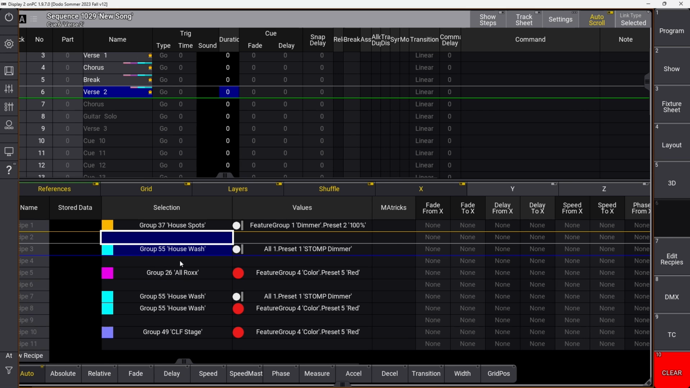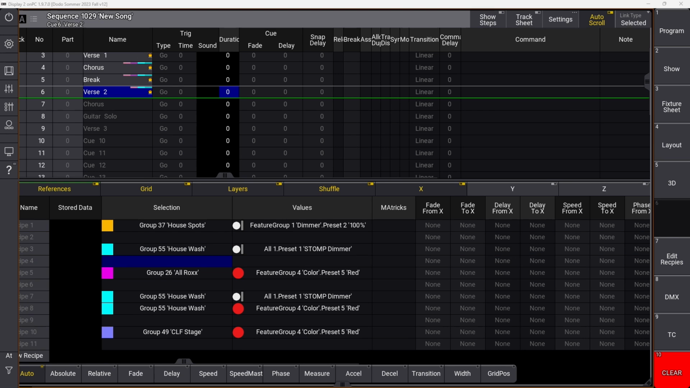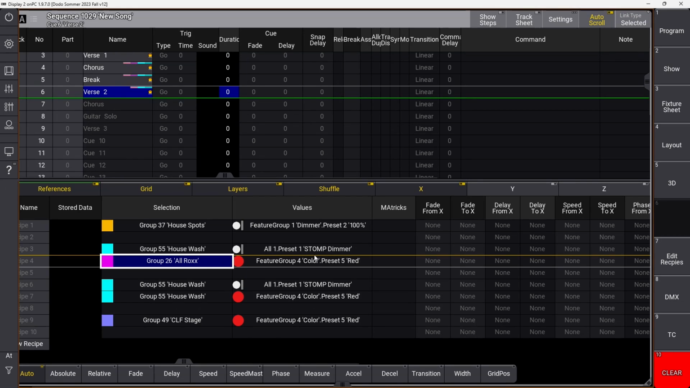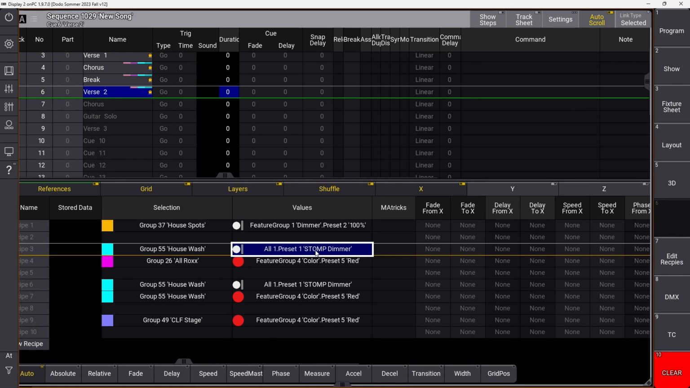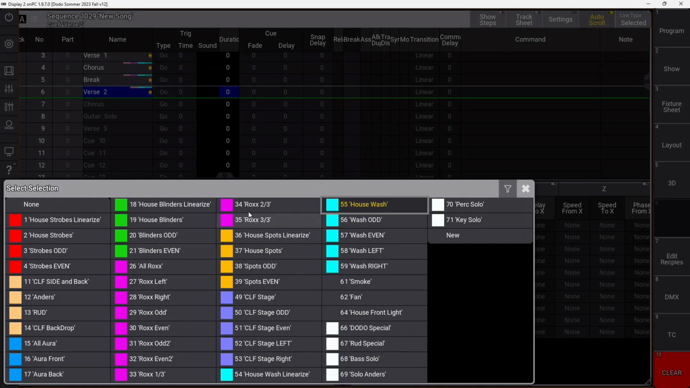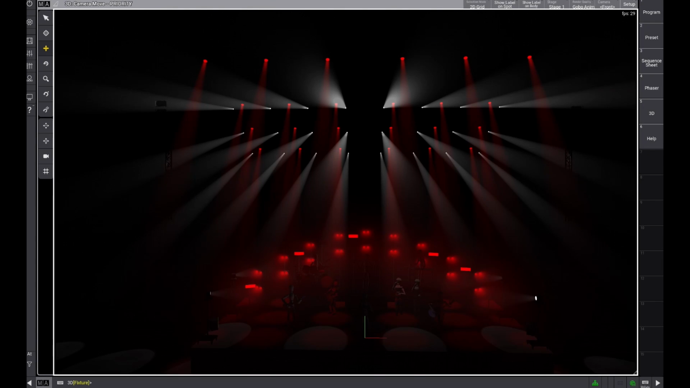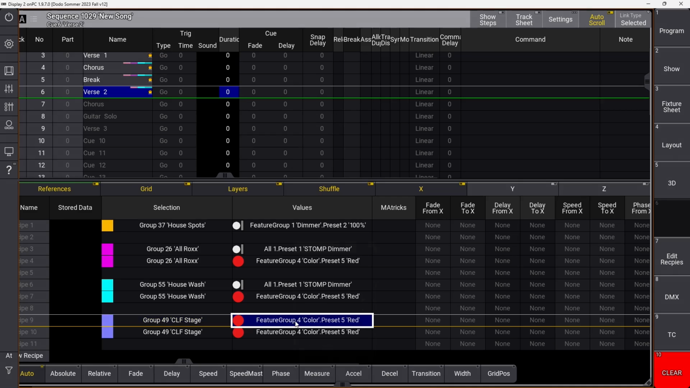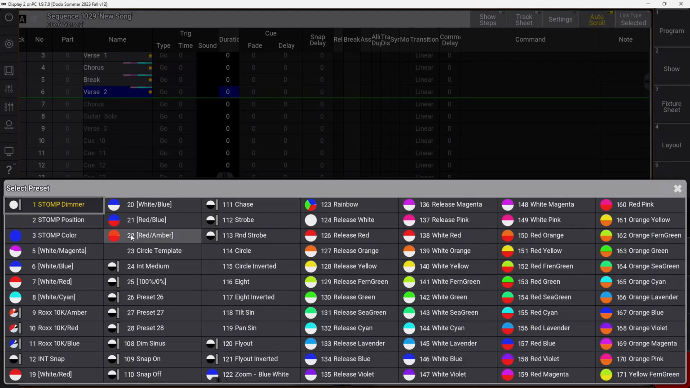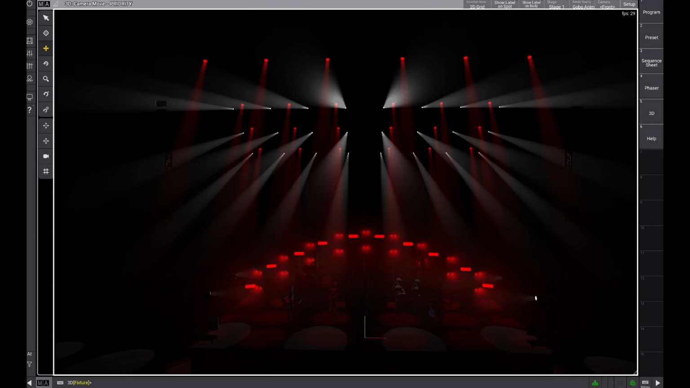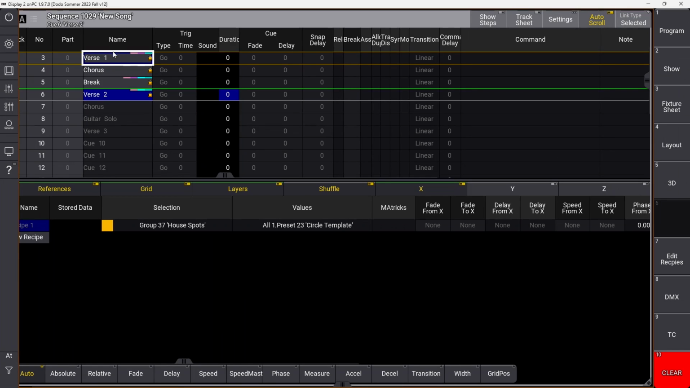Oops, we just delete this line here. And we need to make sure that this is the correct group. So now they're stomped. We need to stomp the CLFs. We copy this one and we stomp the dimmer. And now they're stomped. And now we can look back into our